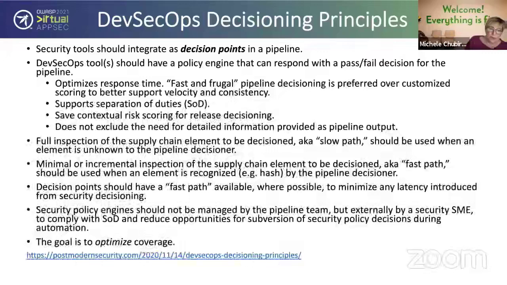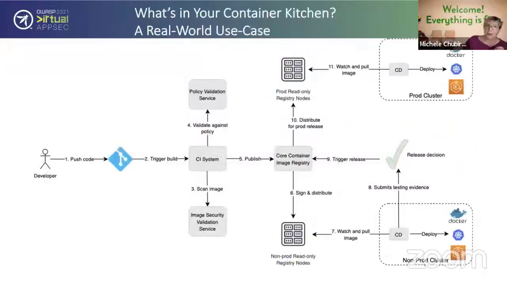And if you want to be effective, because the opportunity with DevSecOps is to optimize coverage, then you have to create decision points. And the reason why I'm talking about this is because of a real world use case, and you'll notice that I have decision points, right? And that's what I mean by decisioning principles, right? So for example, this is from a place that I recently worked at. I'm not going to say where, but you have the developer who pushes the code, triggers the build, and you're